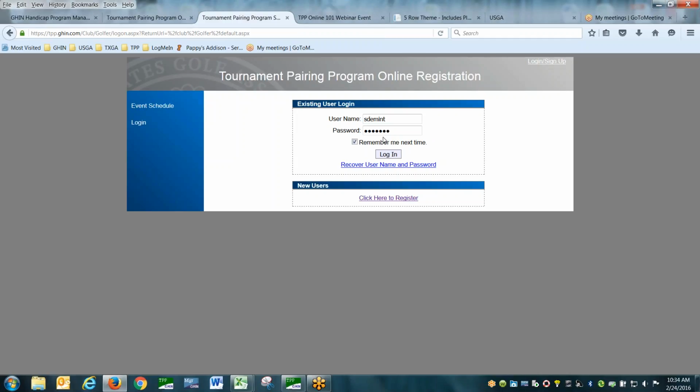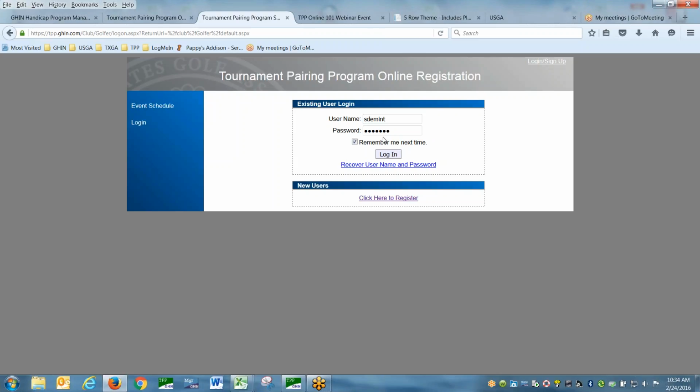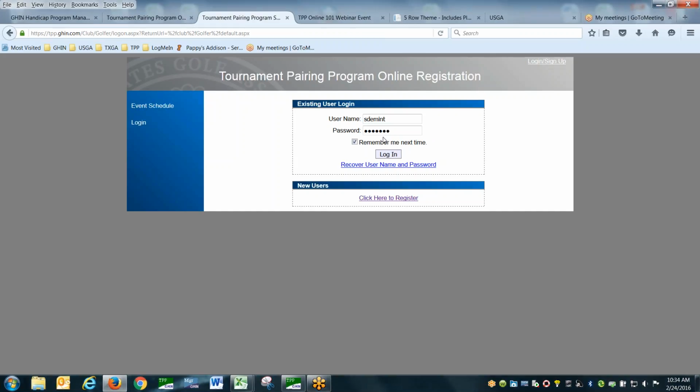There's a lot of bells and whistles with TPP Online. You can use them or not. It's completely up to each individual club. But this one, let's use Men's League as an example. You'd set up 10 weeks worth of Men's League. And if I logged in as John Doe, I would see this week, this week, this week, and I could just click, click, click, click on whichever ones that I was available for and not enter the ones that I'm not. And all that does is it automatically puts me into that event,